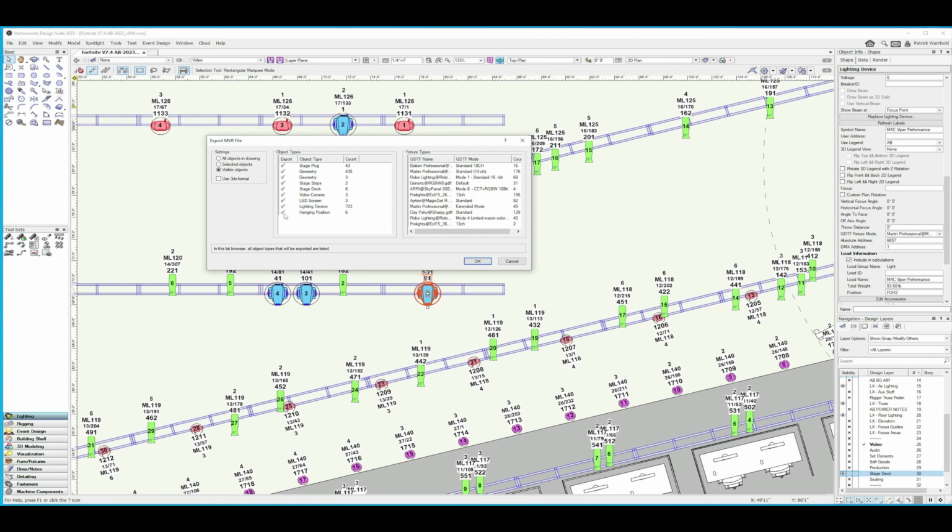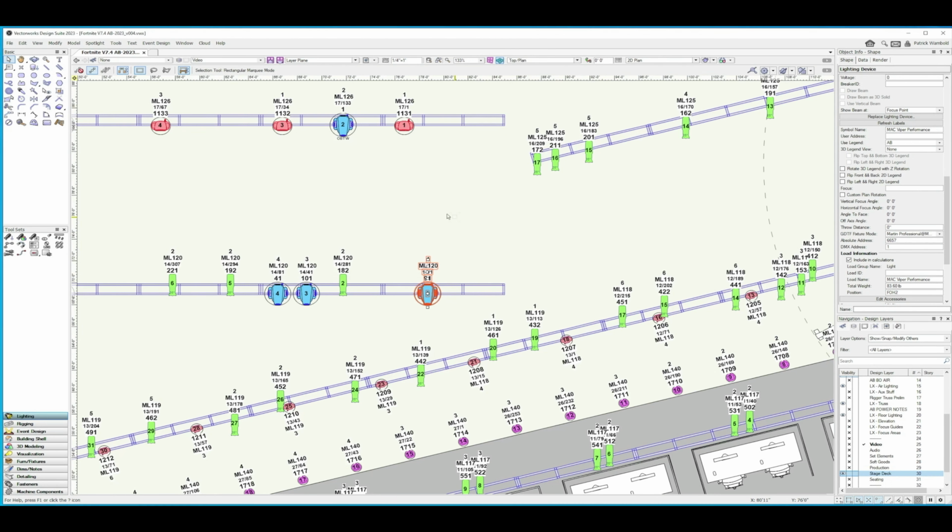And then even within those, I could just turn all these off and decide I only want to export lighting devices. This will show a list of the GTFs that are going to be encapsulated in the MVR file format, and then I can also decide if I want to use 3DS format, which is the legacy model format. From here, I could hit OK and export it, and everything would be good to go on the MVR side, and that would contain all of my lighting data that I would want.